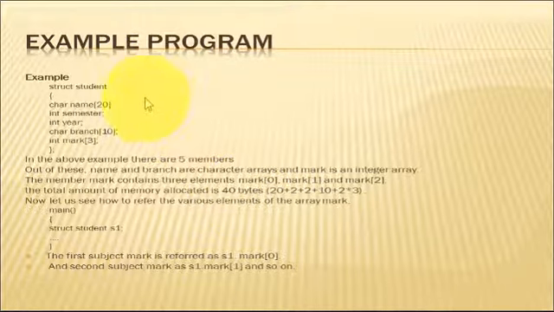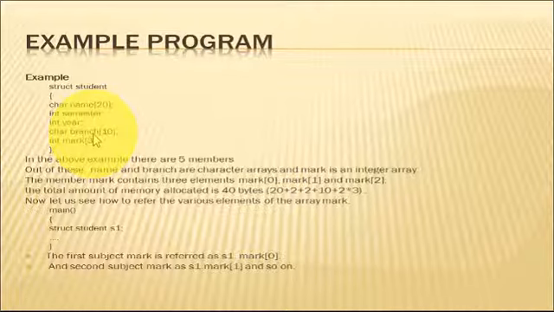In this example you can see that name is of character data type, and I am giving it as an array, with a maximum size of 20. So here name acts as an array of characters. I am using an array of characters inside the structure. So we can use arrays inside a structure as data members. Here semester is an integer data type. Then branch acts as an array, its size is 10, and it is also a character data type.